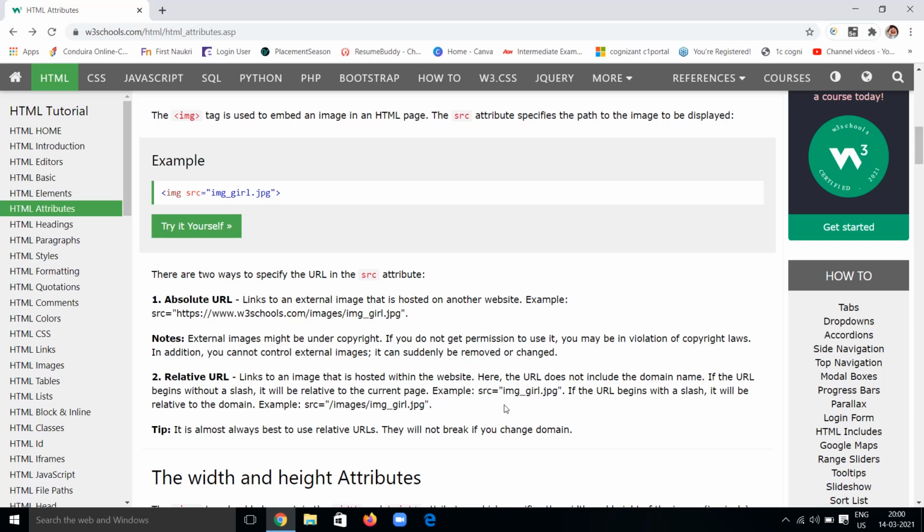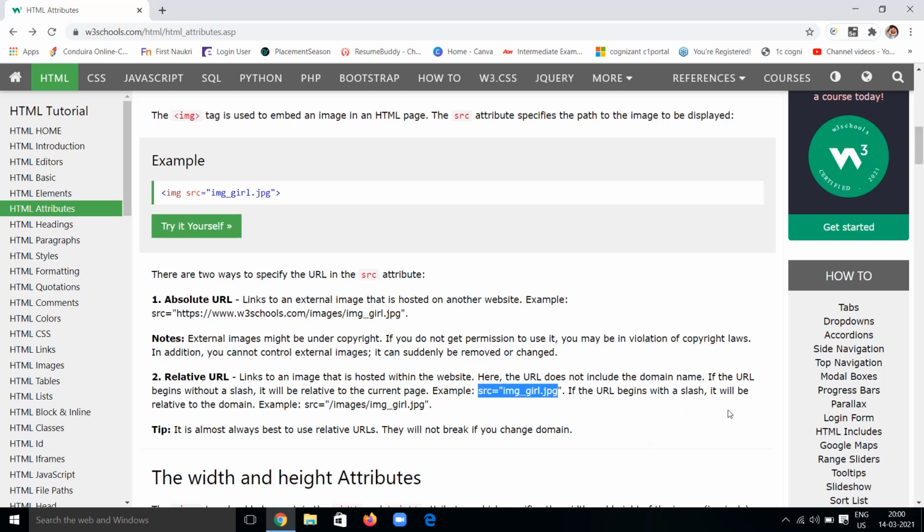That is, without any full path of the image, you can give source is equal to just the name of the image, because this is the relative URL which is hosted within our website. For example, if we want to use an image which is in our system, we don't need to specify the whole path. If that image is in that folder, we can give only the name of that image. If it is in another drive or elsewhere, you have to specify the path.